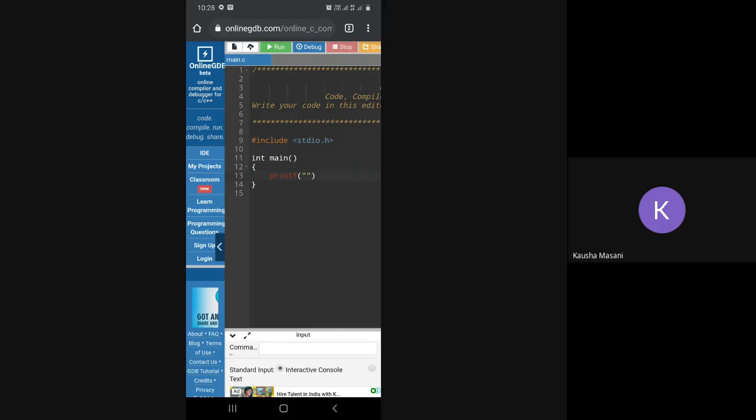If, for some reason, you are not able to use online C compilers on your mobile phone, then at least make a point to note down.